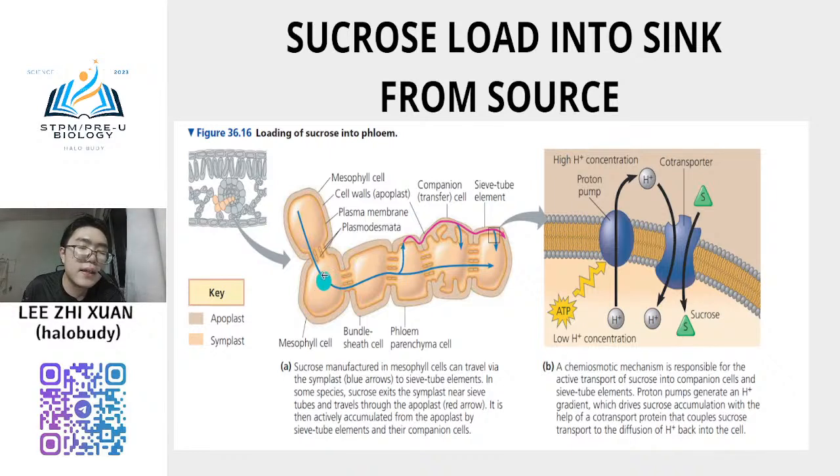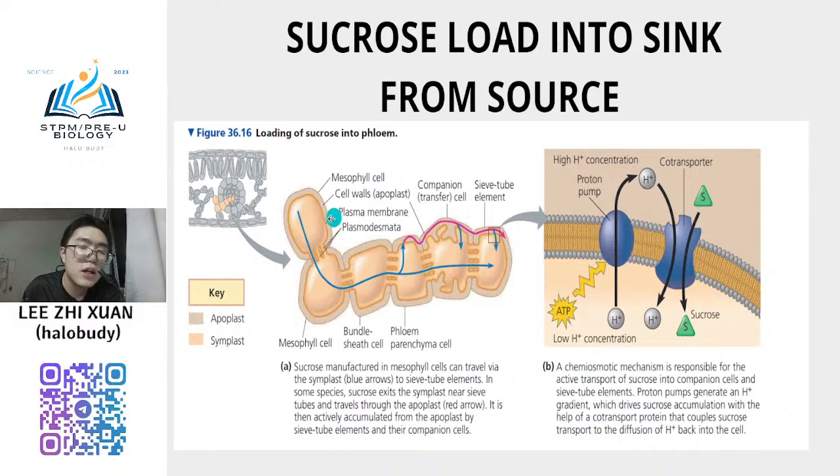So if you see, there are many mesophyll cells, then bundle sheath cells, and also phloem parenchyma cells, and finally it will enter the companion cell too. We know that the companion cell, phloem parenchyma cell, and sieve tube element are the components of the phloem tissue, right? When the sucrose molecule enters the parenchyma cell, some of the sucrose molecules will enter through the apoplast pathway. Some, not all, of them will enter the apoplast pathway, but